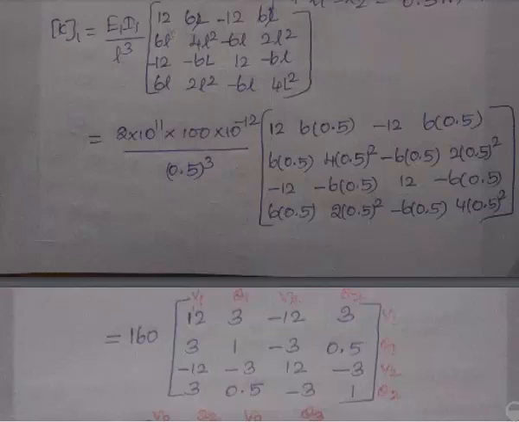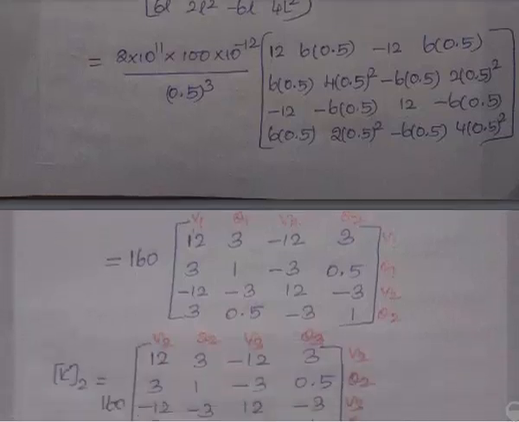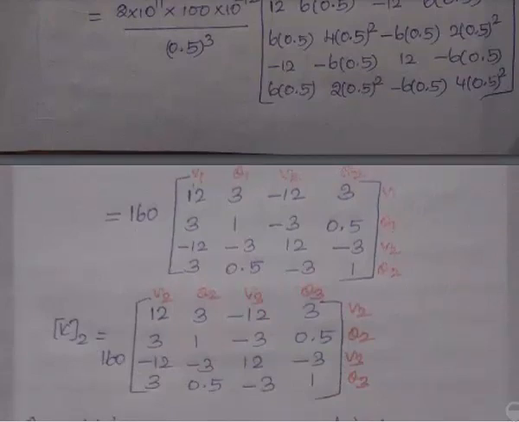The rows correspond to V1, theta 1, V2, theta 2 and the columns correspond to V1, theta 1, V2, theta 2 in the stiffness matrix. For the first element and the second element, the material property, geometrical property and physical property are all the same. So the K1 stiffness matrix is the same for K2, and we can directly write the K2 matrix. But the second element represents the vertical deflection as well as rotation at the second and third nodal points, so we mark its components as V2, theta 2, V3, theta 3.